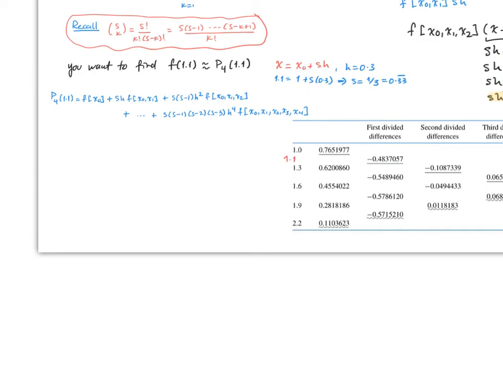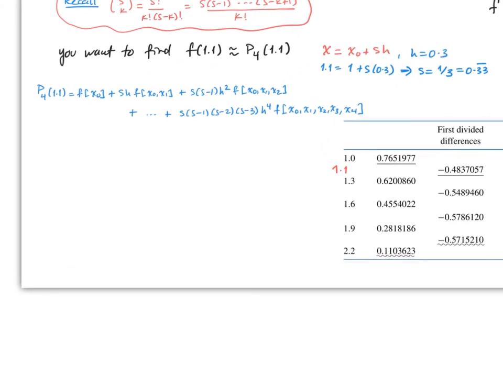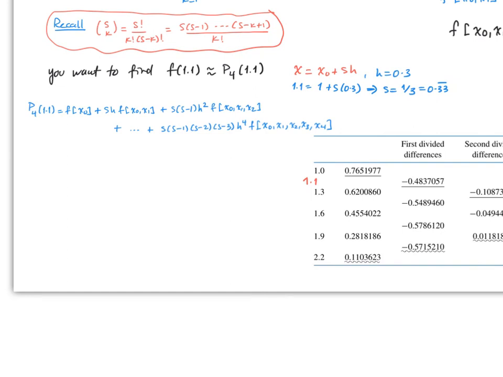Now, notice that we have all the information you need. All you have to do is plug it in. F of x0, 1 is this value. F of x0, 1, and 2 is this, and so forth. So we're going to go forward this way. So we plug in the values. We will get this equals to